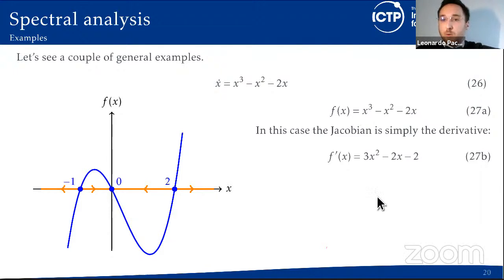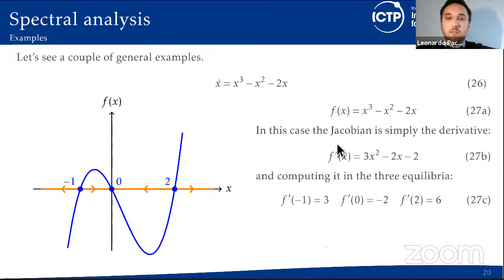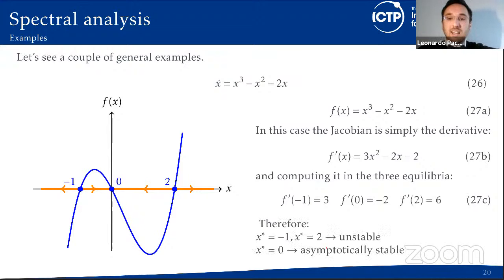And so we get a parabola in general. And then we have to evaluate this parabola in these 3 points here. So you see that if we evaluate this derivative in -1 and in 2, we get positive values, while if we evaluate it in 0, we get a negative value. So in this case, we can conclude by using spectral analysis that 0 is an asymptotically stable equilibrium, while -1